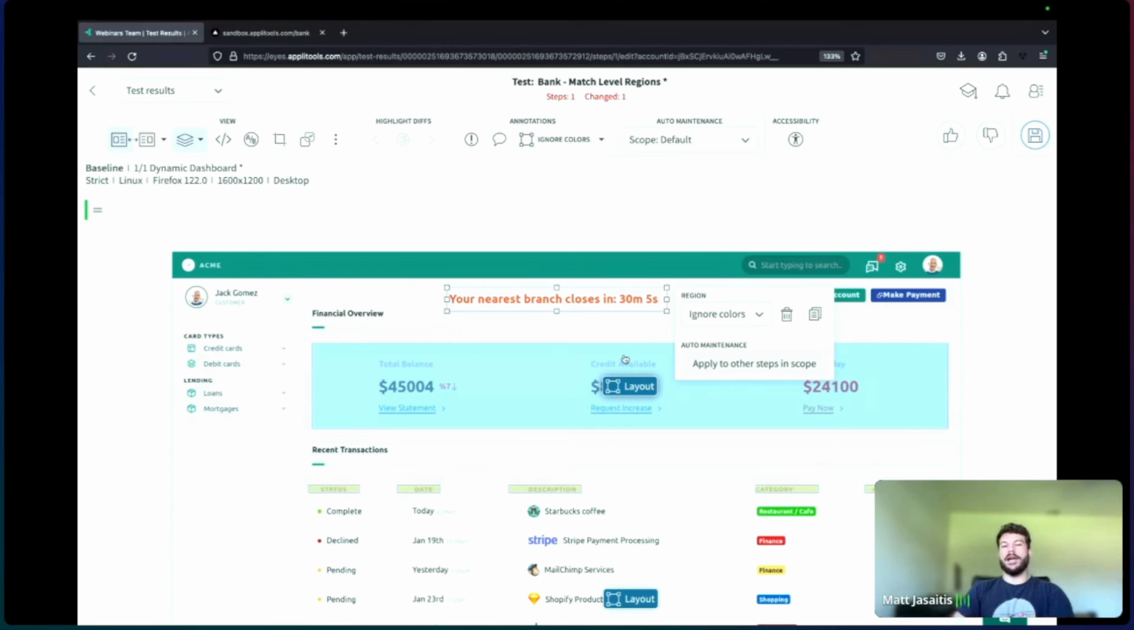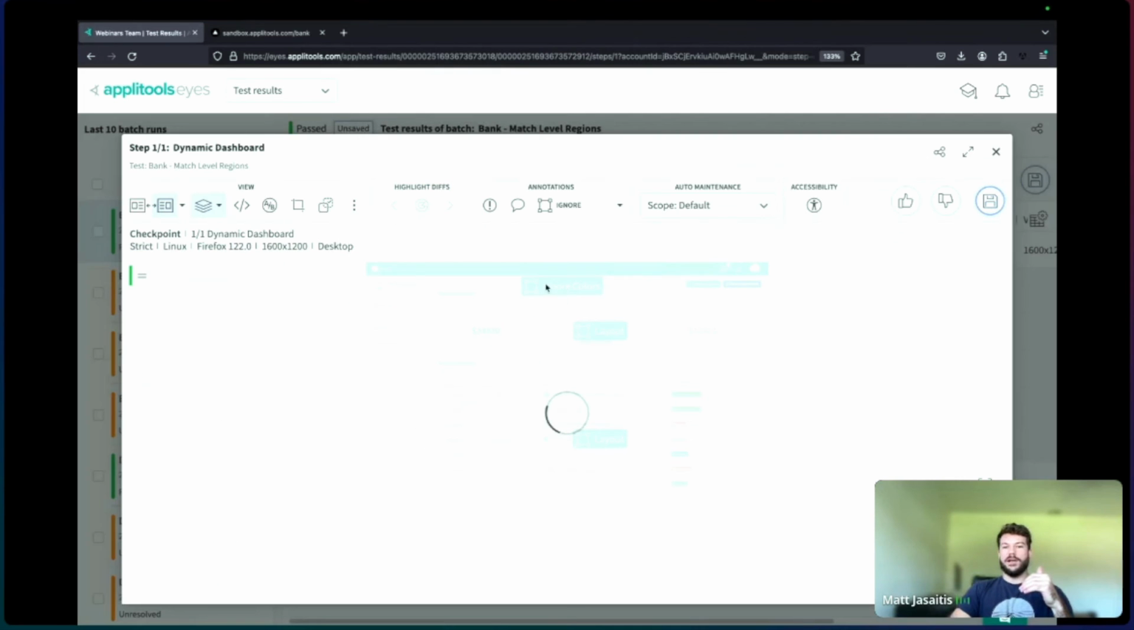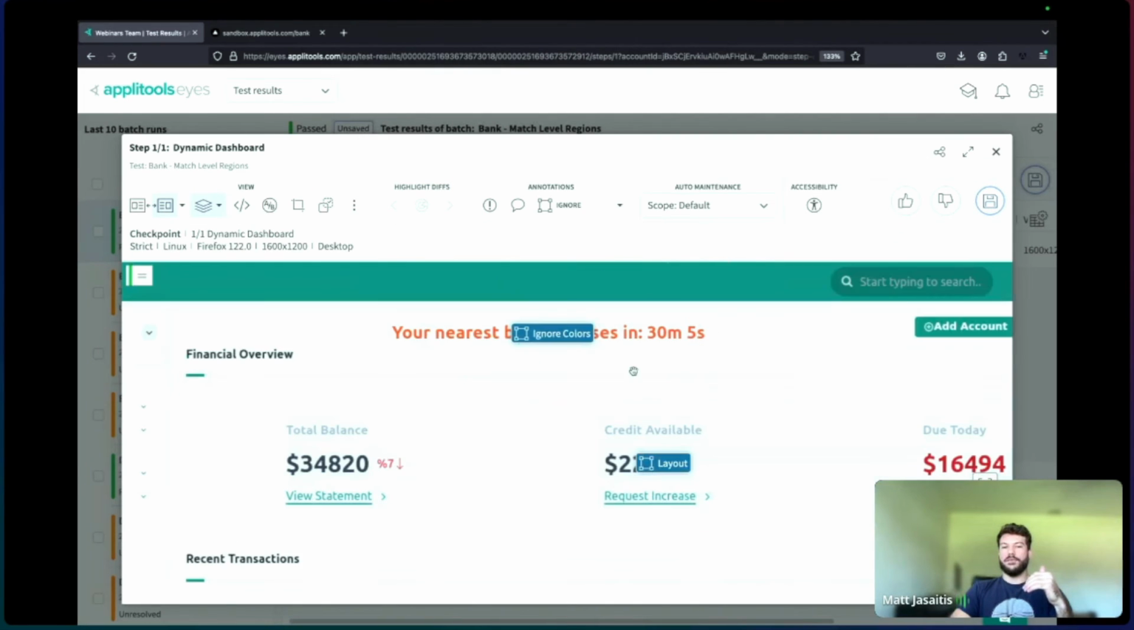Okay, gotcha. So the source of truth for the rules to be applied. These regions are attached to the baseline. The baseline is a combination of the screenshot that you're taking as well as the metadata, such as the test name and the app name. And so when you apply a region to the test, you can see here I can save this, right? So I added this ignore colors region to this test result. And so now this ignore colors region will be present for all the times that I run this test